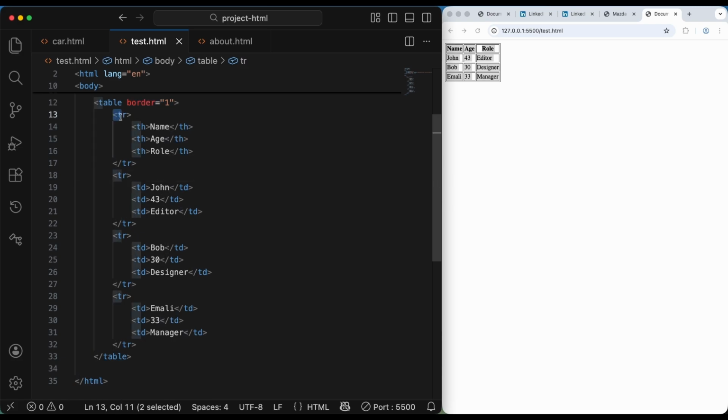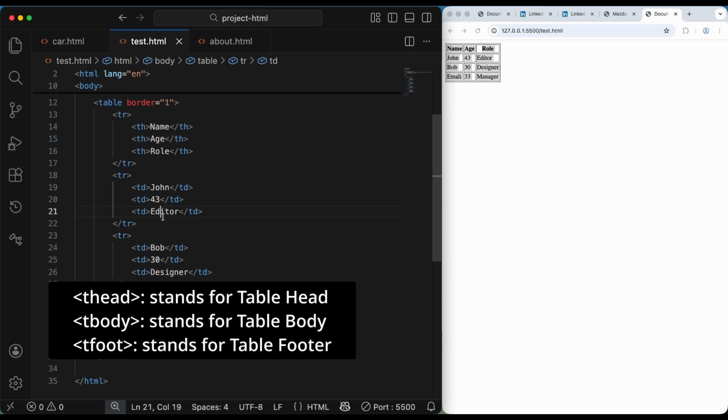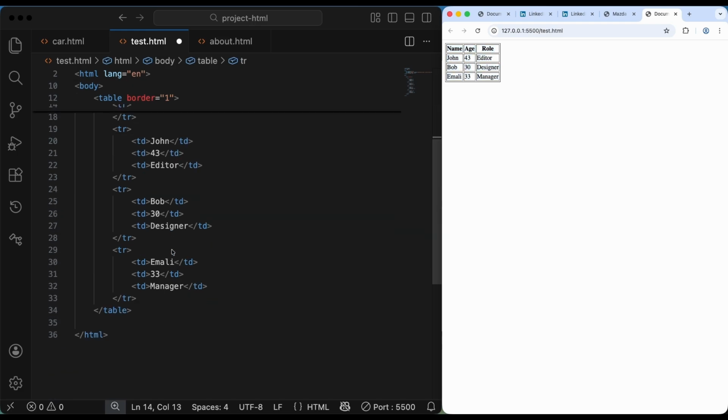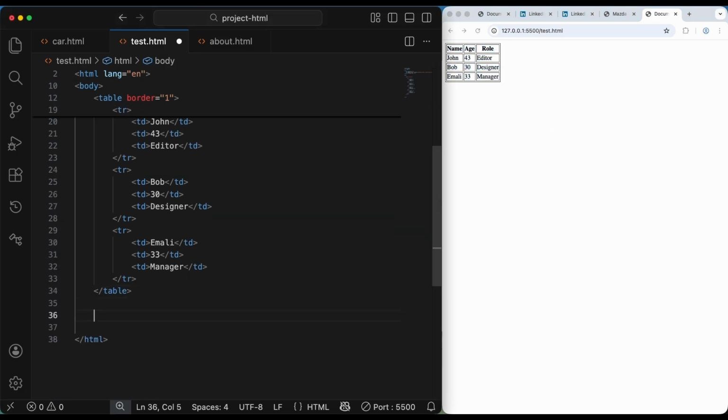So this is pretty simple now. So we have table row and table data like this, and we can add semantic grouping for this table. We have T-head, T-body, and T-foot. So let's create a new table and add the data. So here let's create a table,